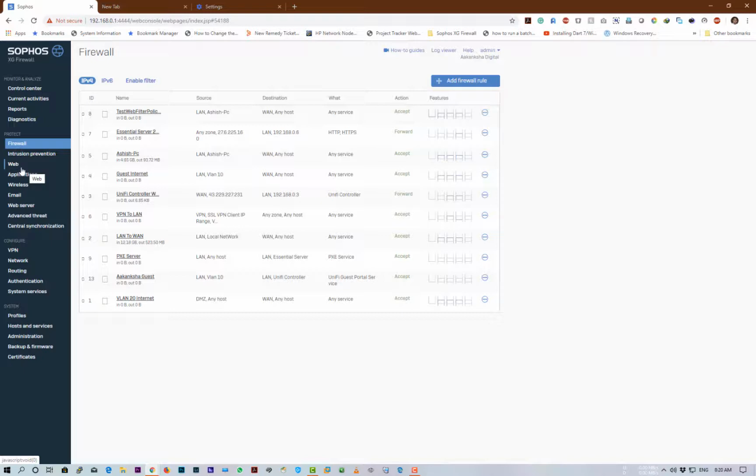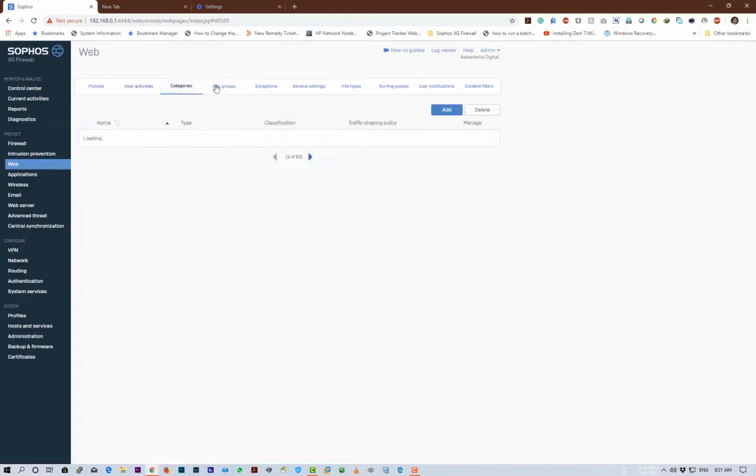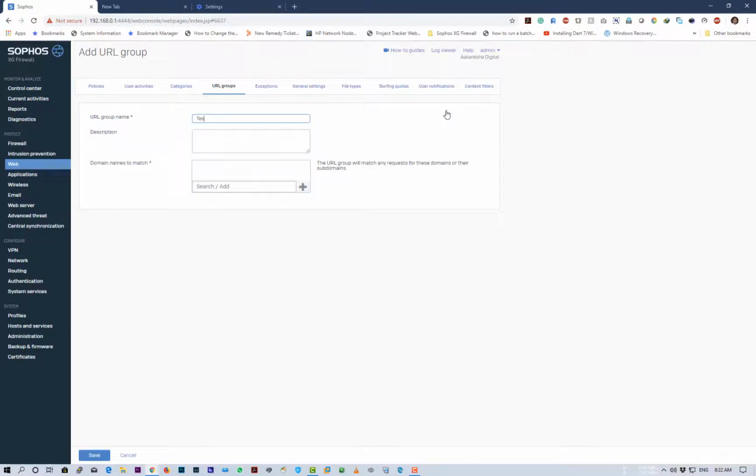So if you want to block a specific URL or website, because sometimes you cannot block a complete category, right? So you can block a specific website using its URL or its web address. So for that, go to URL group. Look here, I already added a group of URLs, so I'll create a new one called test group, and I will add